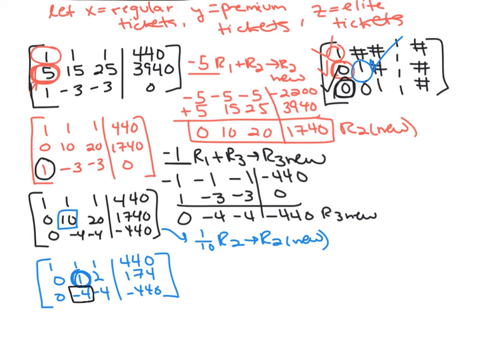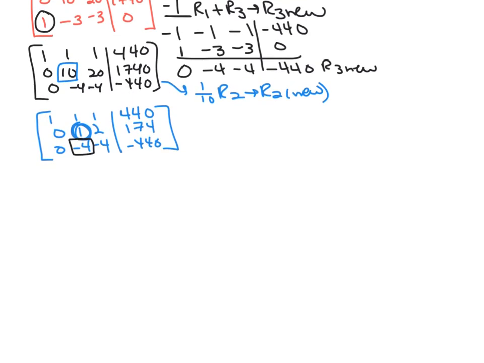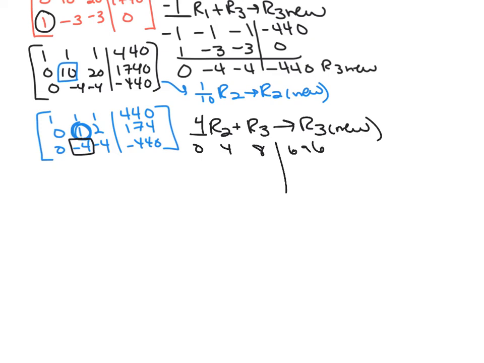Okay, the next thing I want to take a look at is I want to make this -4 turn into a 0. And the way that I'm going to turn that into a 0 is by utilizing the second row and combining it with the third row. So I'm going to utilize the second row, combine it with the third row to get my new third row. I'm going to multiply the second row by +4. So if I have 0, 4, 8, and 174 times 4 is 696. And I'm keeping the third row as is,